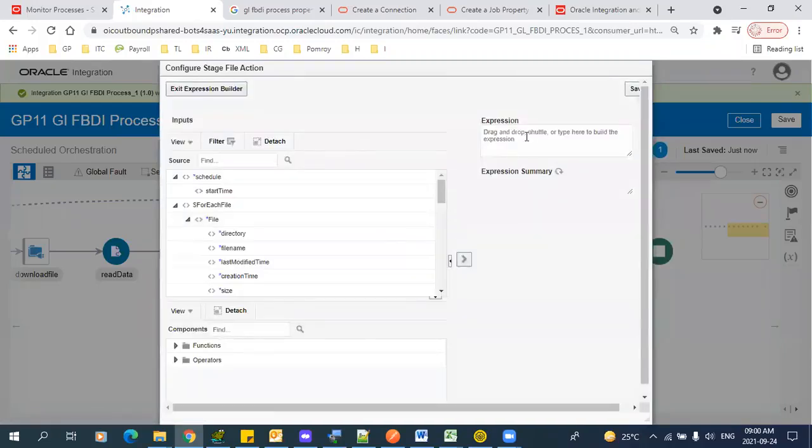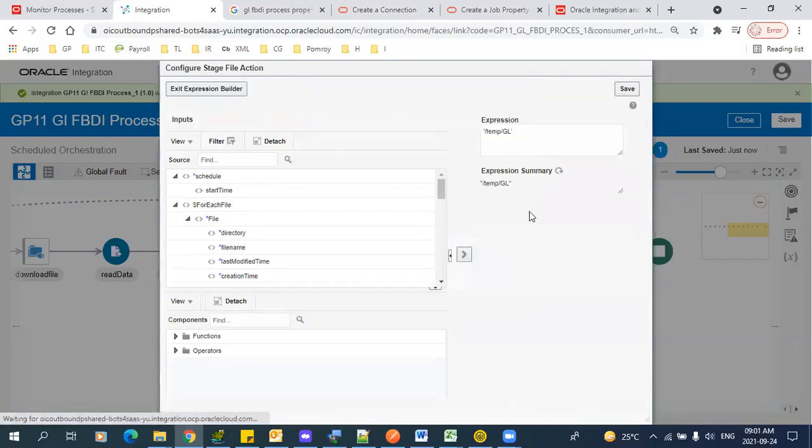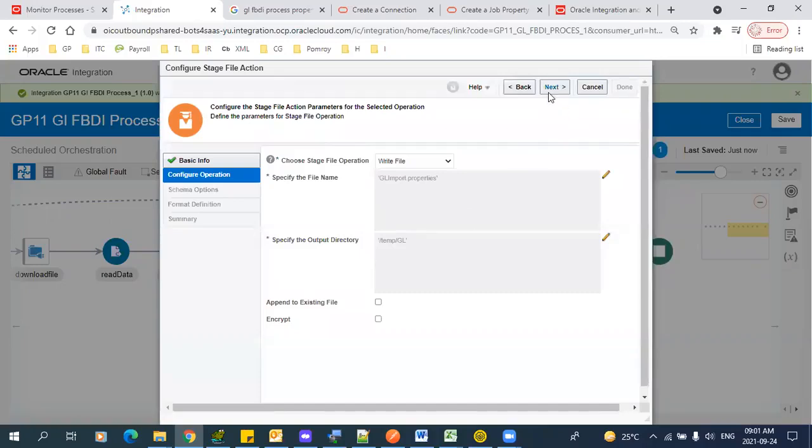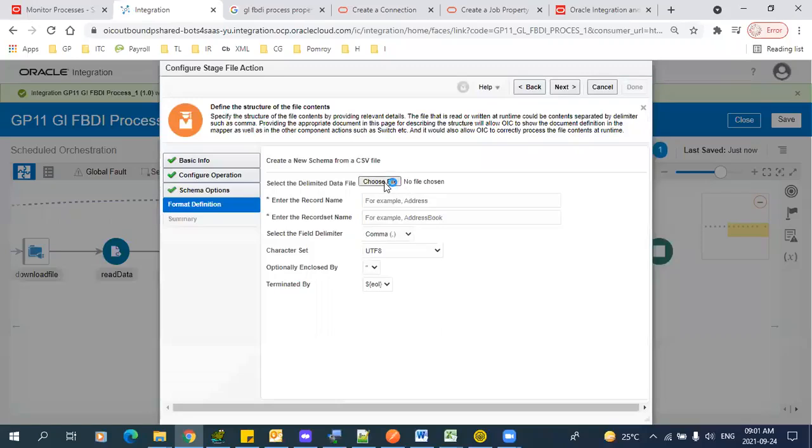So what is the temporary directory? This temporary directory is the same as your write GL file, wherever you are writing the data into the everyday template, the .csv file, the GL interface .csv file. This should be the same as your temporary folder. In a single temporary folder, I have 2 files now. One is the .csv file, which is GL interface. One is the .properties file. This is CSV. Click on next, choose file,